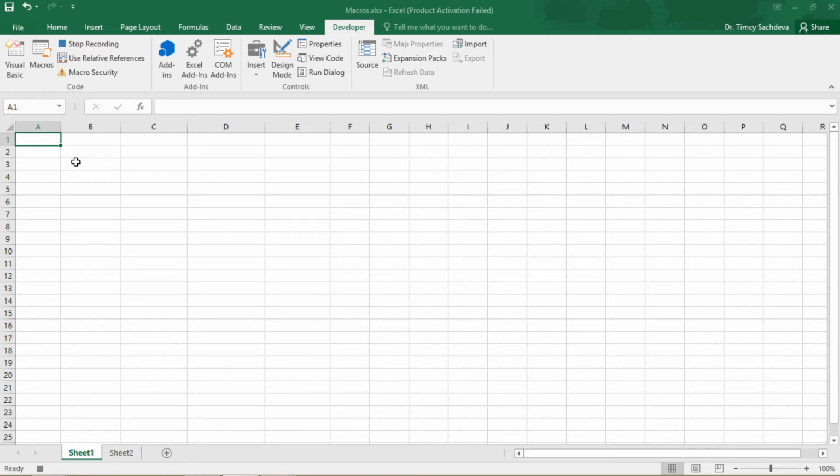So let's create one sheet and record. I will write Date in A1. Since my macro name is stock prices, I have created data for that only.